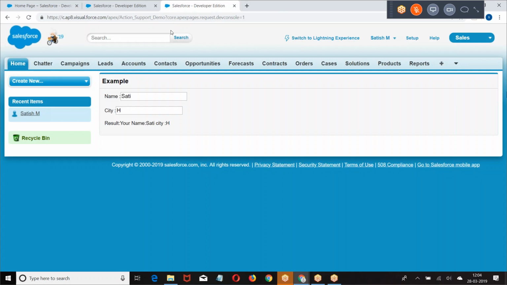Now, here I want to call the method. I define action support for name. Even for city, I apply one more action support. Like that, if you want to invoke a server-side action when an event occurs, within every element I have to define one action support. So we are writing it a number of times.